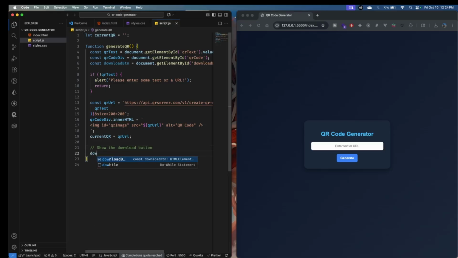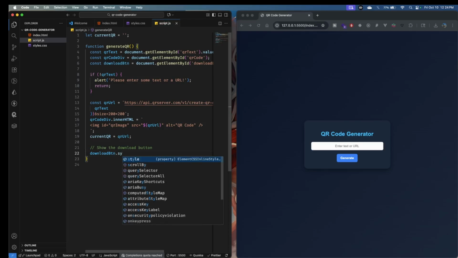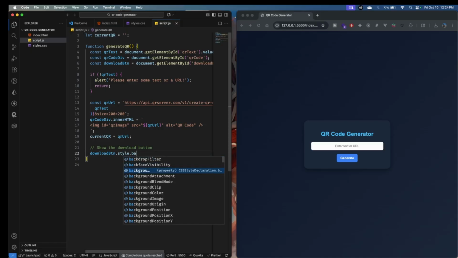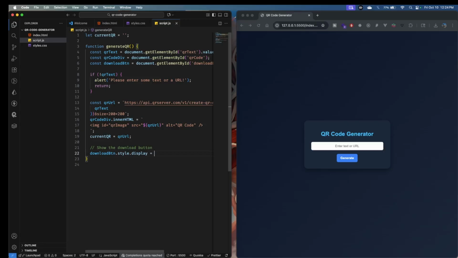So downloadBtn is going to have a style, and then a background, because we want, oh yeah, sorry, it will be for the display. We want the display to be inline-block. Now in this way we are going to be able to see the download button again once we generate the QR code. And I want another function that is for the download button,